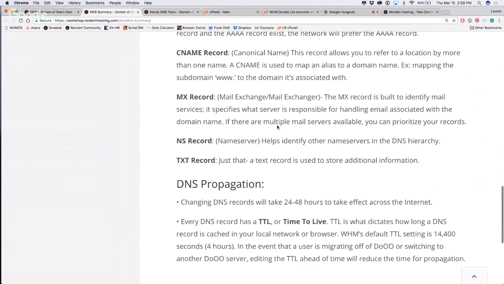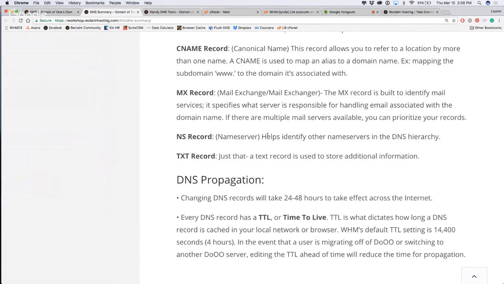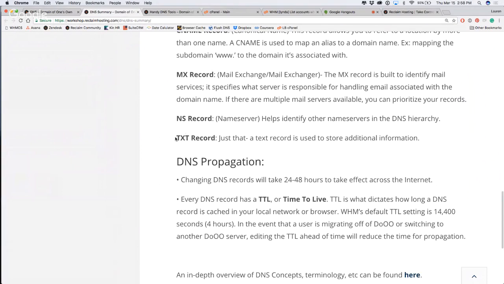NS record, this is name servers, okay? It helps identify other name servers that are working with your account. So Reclaim Hosting's name servers are ns1.reclaimhosting.com and ns2.reclaimhosting.com. And then lastly, we have this text record, which again, you may not work with often, but it's good